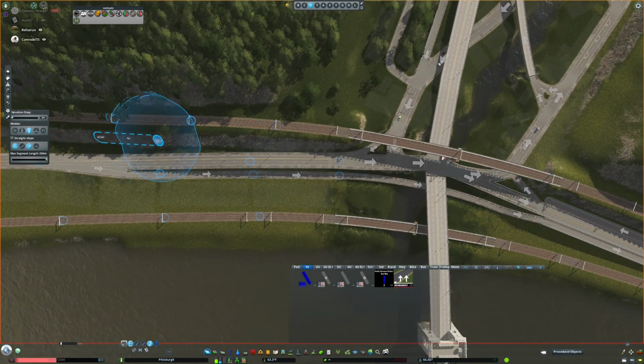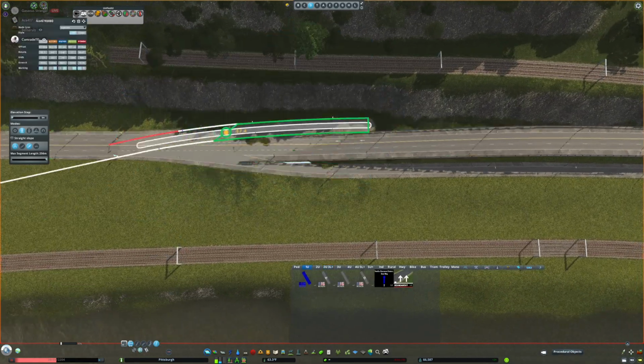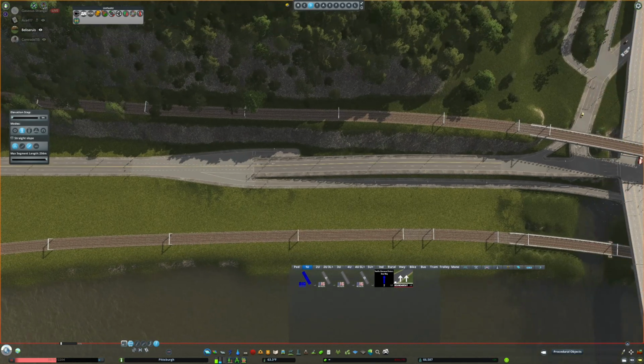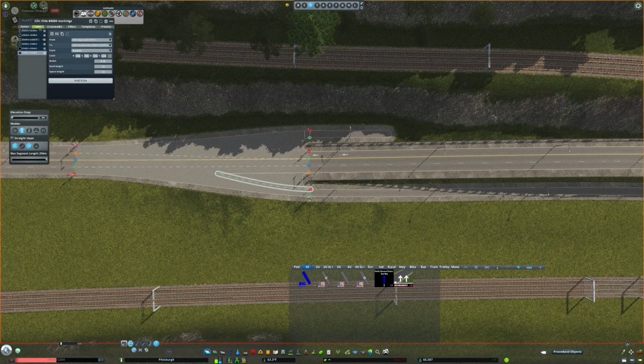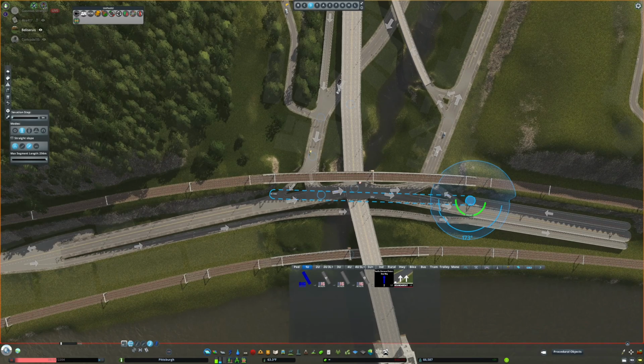This interchange is also known for having one of the most dangerous intersections in all of Pittsburgh. The high-speed car traffic and the complicated light lead to more accidents at this intersection than almost any other in Pittsburgh. Bungalow Man, an asset creator who's been helping and collaborating with the Pittsburgh project, shared some history on the